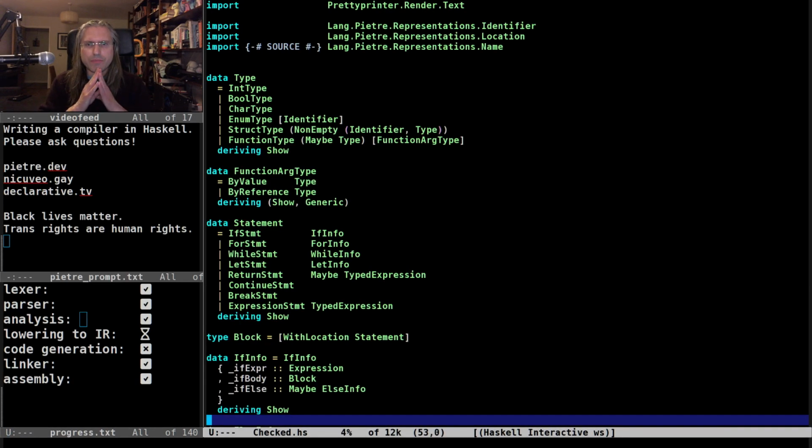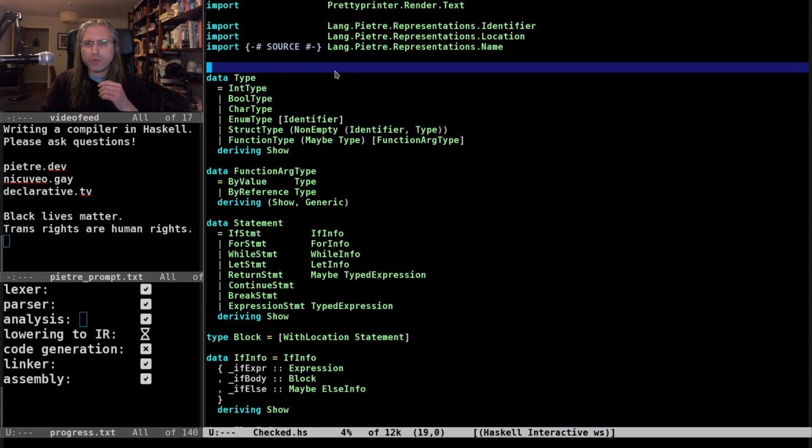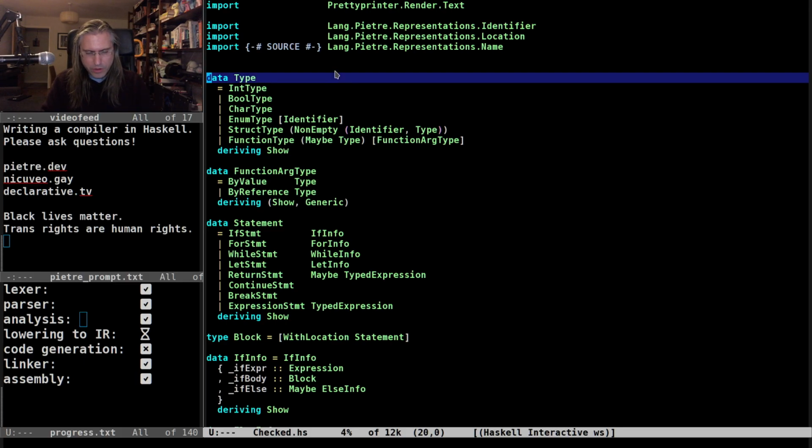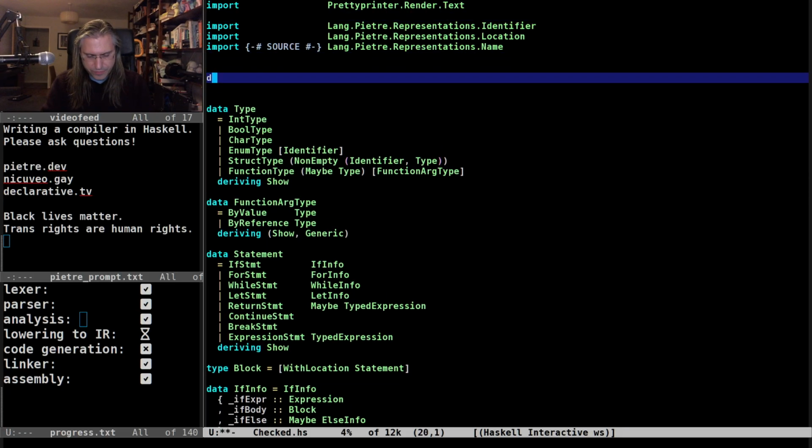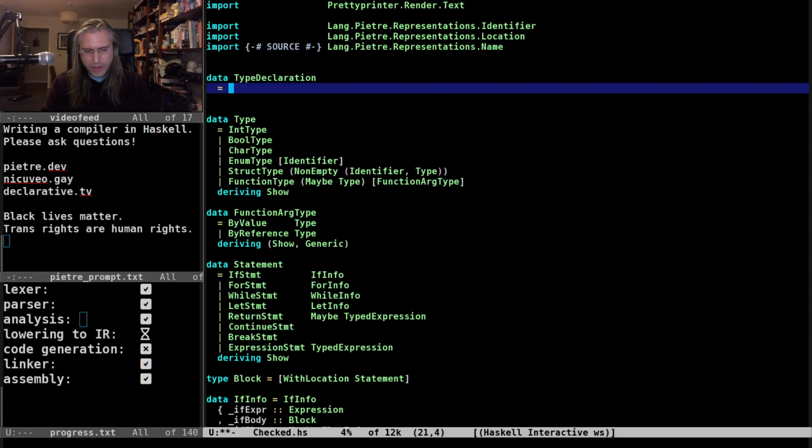So that type information will be used for annotation in functions. That is not the type information that I will want to have when I am doing... That's probably the key to it. So what I will want is to have a type declaration at the top level that will either be a type alias, which points